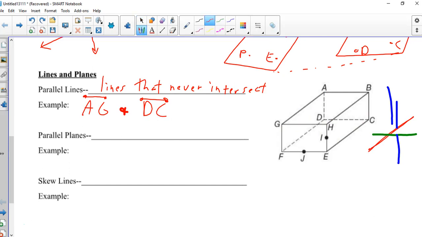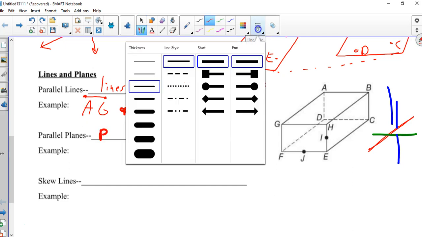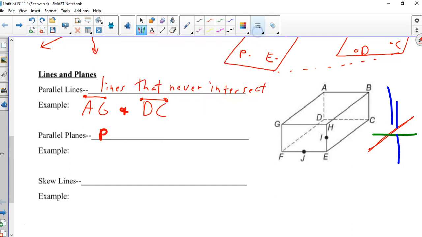Parallel planes. These are planes that don't intersect. So think about it. Think of it as a box. And pick a side. Top, bottom, left, right, front, back. Makes no difference. And depending on how you look at it, whatever. So, I'm going to pick the top of the box. Or what I call the top of the box. And I'm going to call that plane